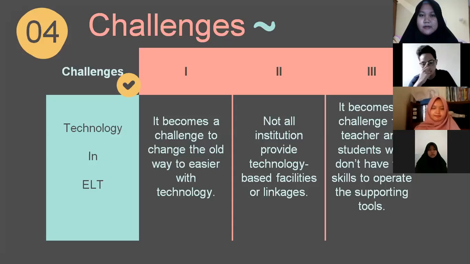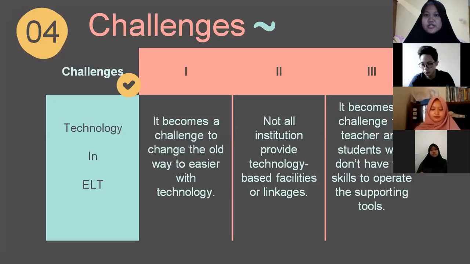Okay, the fourth slide is about challenges. There are challenges that will be faced by teachers, also students in the future. We will see in the first session of the challenge where the teacher has to change a fairly traditional method to something based on technology. Sometimes it is difficult